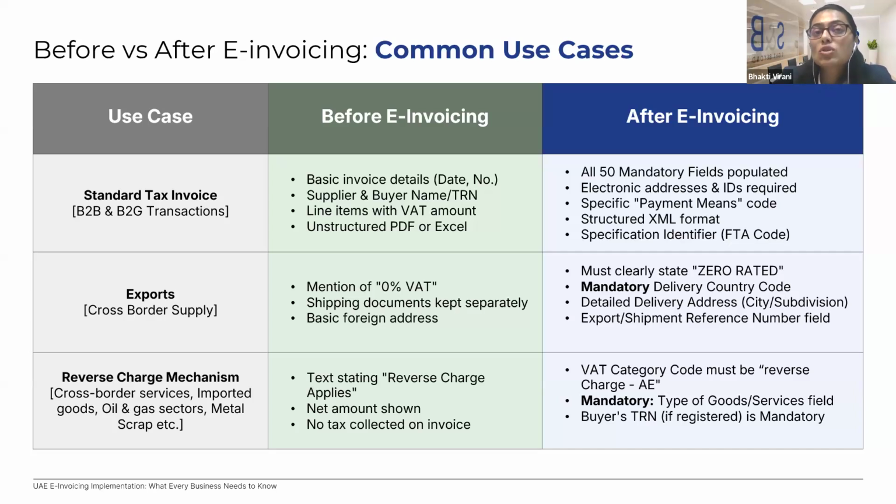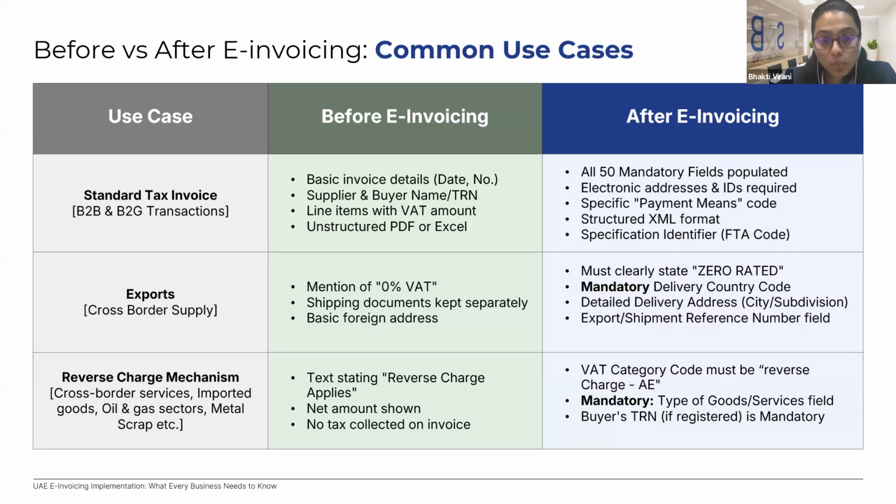Then the payment means codes, that is the mode of payment, whether it is going to be through cash, a credit card or a bank transfer. That code, which is a predefined data list, will have to be plotted. And then the invoice compulsorily has to run through an XML format to the ASP. Further, the delivery to the customer can be done in PDF, but the invoice from the ERP to the ASP will be done through an XML format. And then the specific identifier code which the FTA gives to every e-invoicing ID.